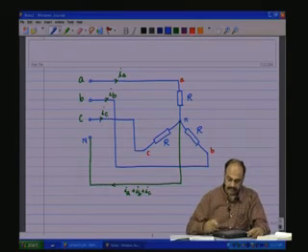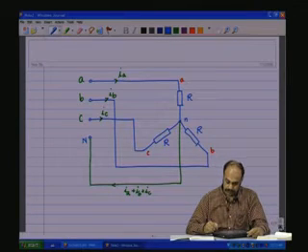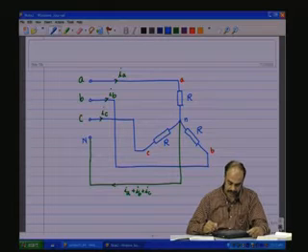I am not talking of the effective values, the instantaneous value is as given here,